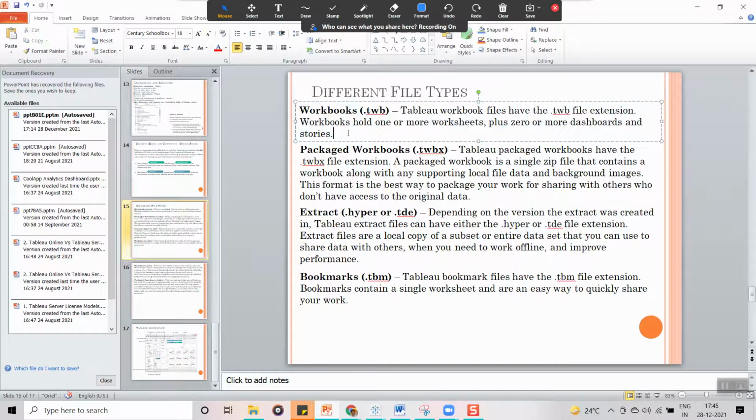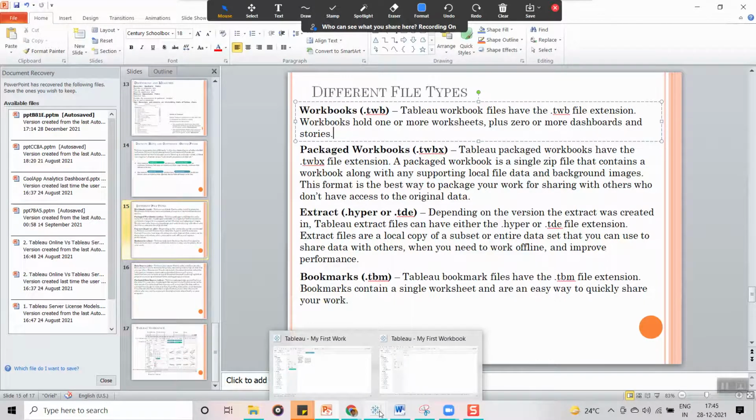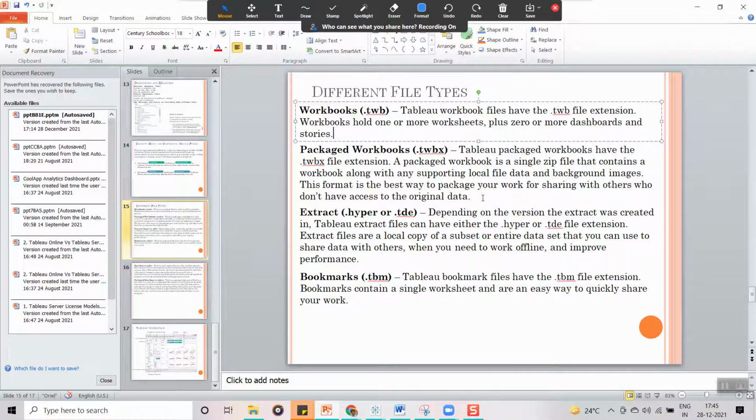If I share the reports I have created now with you, whenever you open it, it is going to ask you to locate the file. If you have that data on your machine, then you can view it. If you don't have the data, then you cannot view the report. So the recommendation is always to share your work in twbx format, either with your managers or with your colleagues if they are asking.